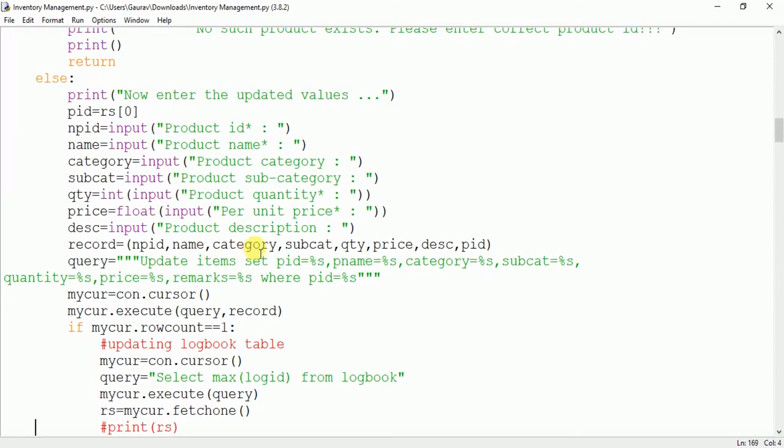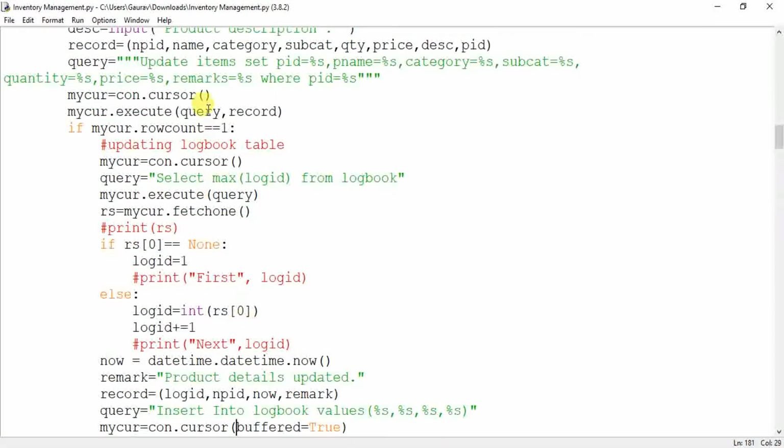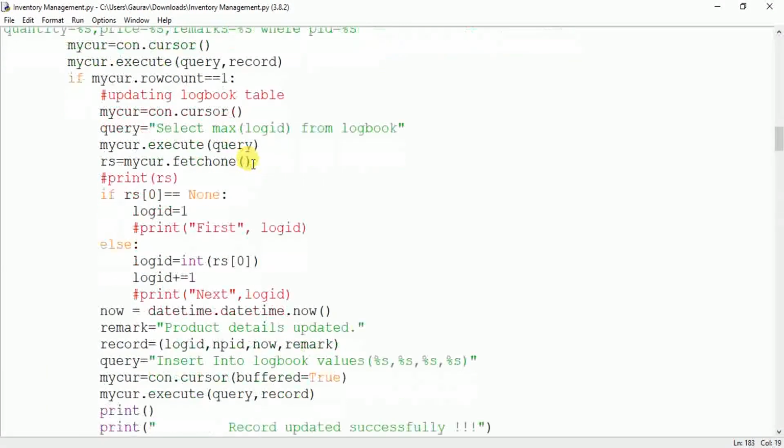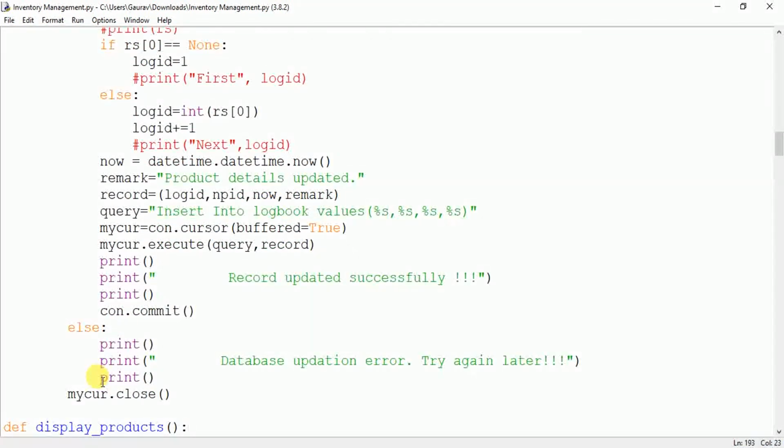All these things have been given in this tuple, and we have used this parameterized query, and we will run this. Same thing, if the query has been executed successfully, row count will return 1, and the logbook will also be updated with the remark product details updated. The remaining details will be the same, and we will also write record updated successfully. If the record has not been updated, then we will write database updation error.